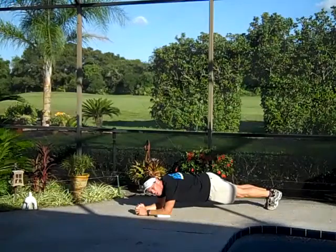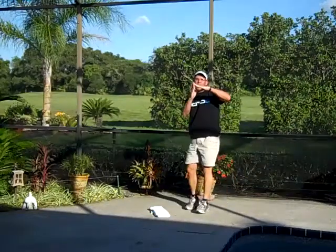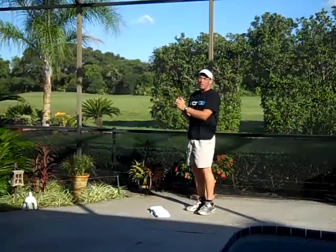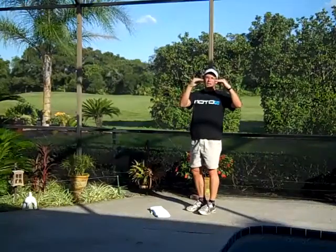And what you're going to do is hold this position for as long as you can, okay? When you get to a point that your back is starting to drop and it's starting to become biomechanically incorrect, stop, okay? There's some people that will sit there with their back arched like this and then try to stay up for 5 minutes. You're not doing anything. If your spine is not straight from your shoulder blades to your bottom,